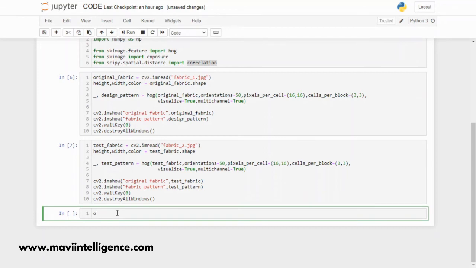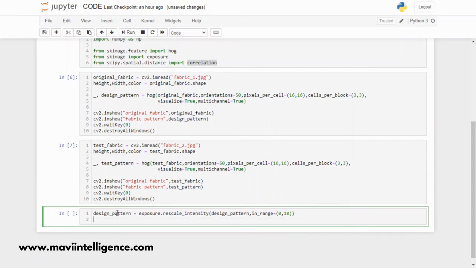So first, design pattern, for the design pattern means original value. Design pattern, I'm taking exposure. Exposure has a function called rescale intensity. Here we have to add design pattern, comma, and we have to set the range 0, comma 10.